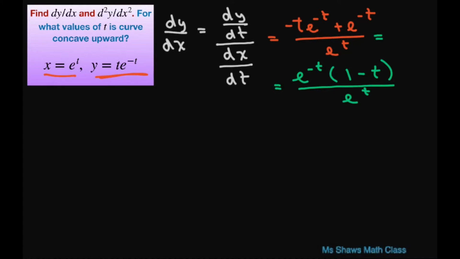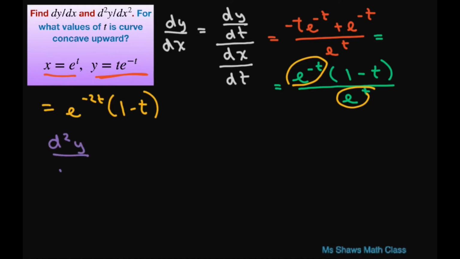which is going to equal, when you simplify these two, e to the power of negative 2t times 1 minus t. We have to simplify because we have to take the second derivative. All right, for the second derivative